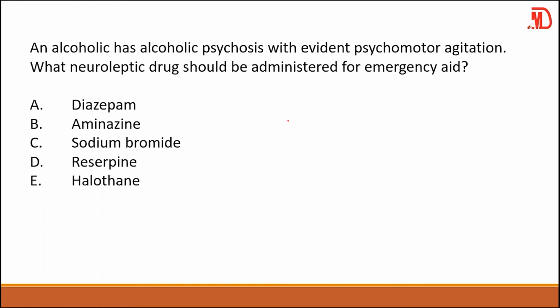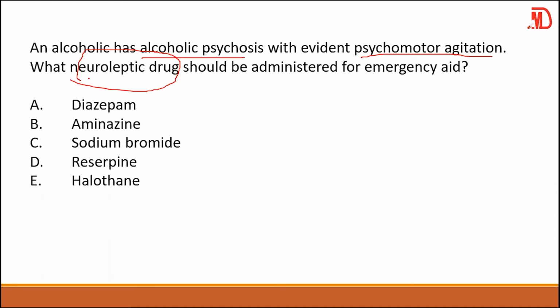All right. An alcoholic has alcoholic psychosis with evidence of psychomotor agitation. What neuroleptic drug? Guys, we talk about a neuroleptic drug. We have discussed a neuroleptic drug. So what neuroleptic drug are you going to look for in this case? Of course, aminazine. So this is a typical neuroleptic drug, and it also has